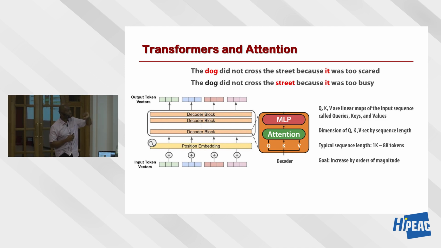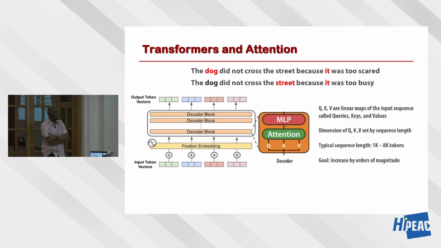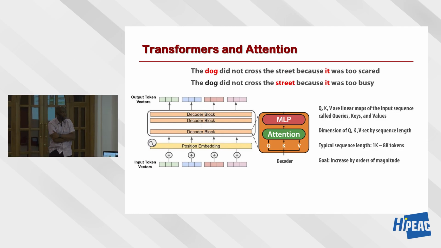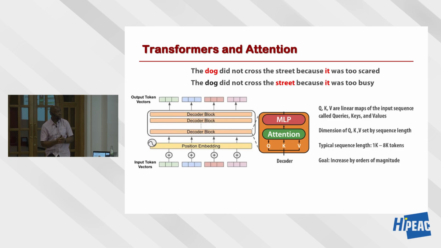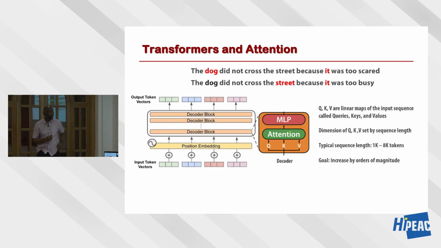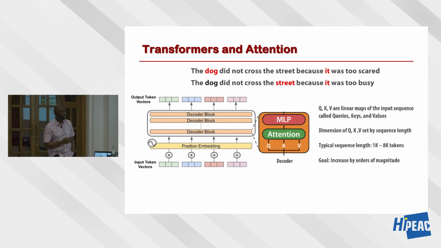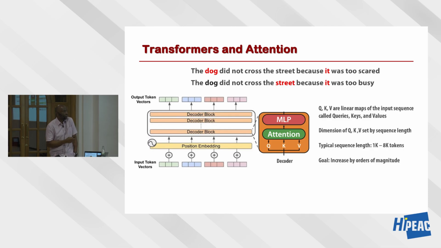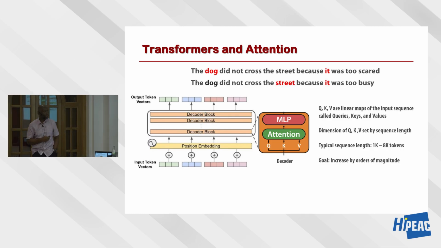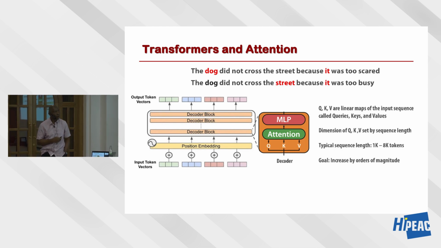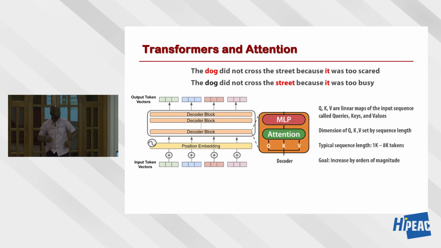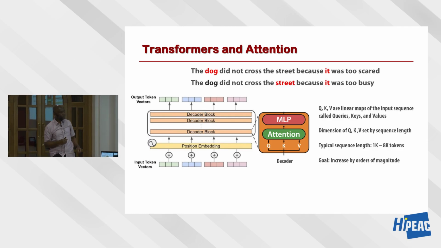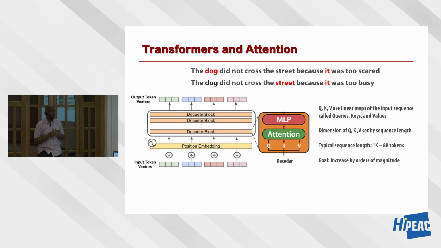And so the key mechanism in the transformer is a set of decoder blocks which are implemented using the attention algorithm. The attention algorithm is this mechanism for learning the relationship and the context between the different tokens in the sequence. Inside attention, you've got these three key matrices, Q, K, and V, which correspond to queries, keys, and values. And the dimension of these matrices is set by the sequence length of the input. And so the dimension is going to be quadratic